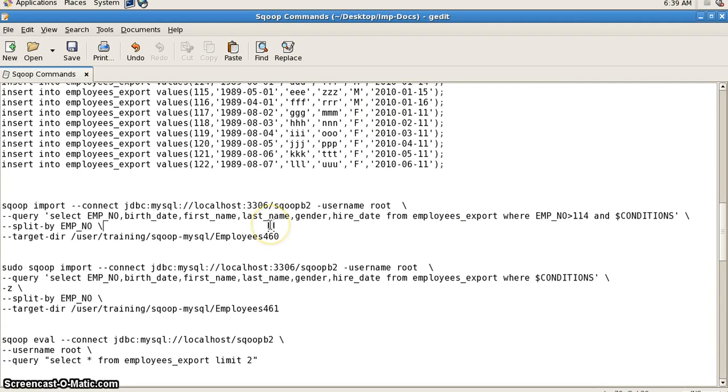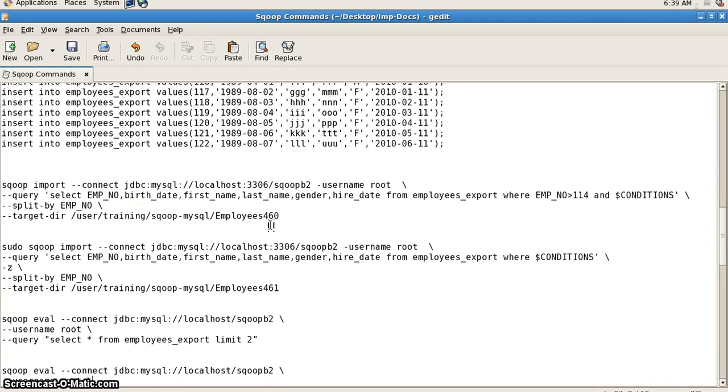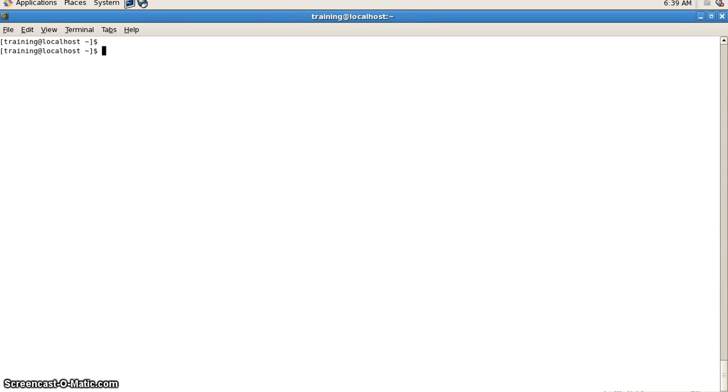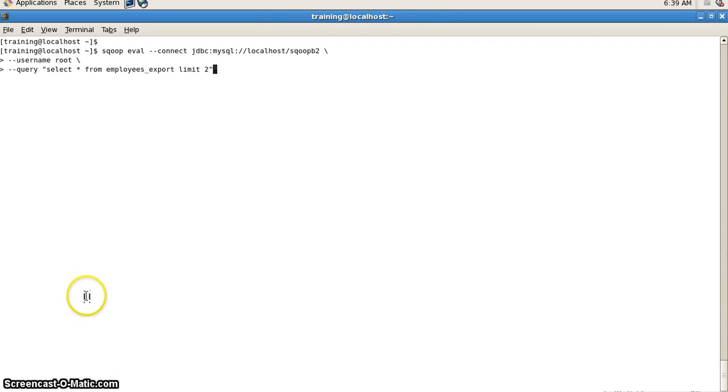Okay, so we have something else called the eval function that is available in Sqoop. Rather than connecting to MySQL and querying your database, you can query it directly from the Sqoop utility. See, I've got select star from employees_export table limit 2.